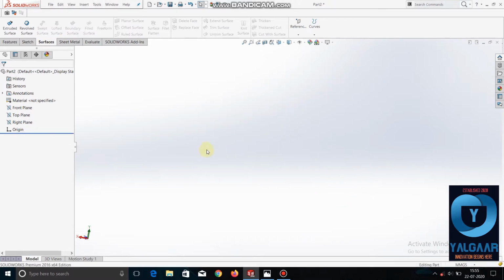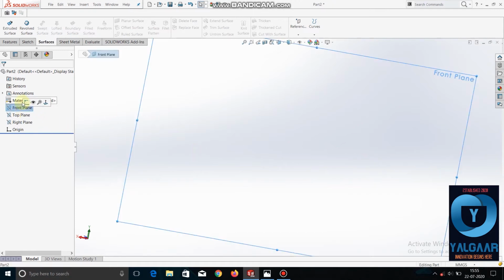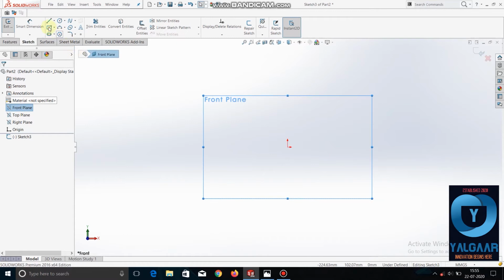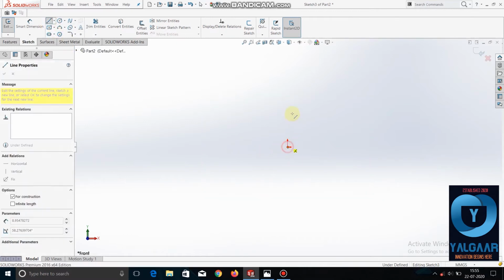Now we will see how to revolve in surfacing. We will sketch something. This is the center line. Suppose we draw any shape.